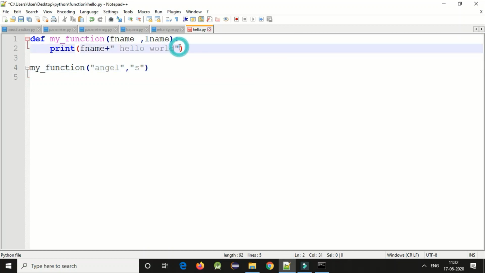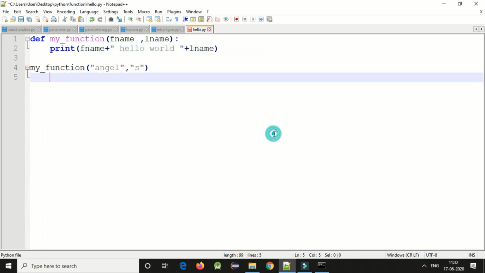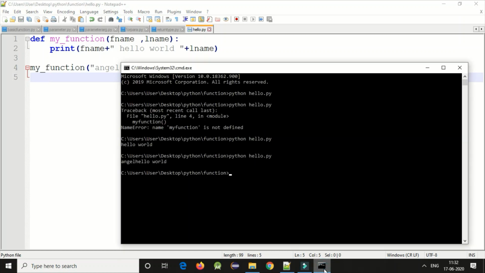Now I want to print the value here also, so what I will do, plus lname. Okay, now let's save the program and let me call the program.